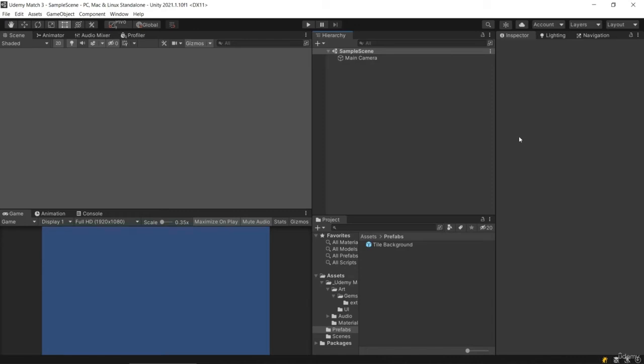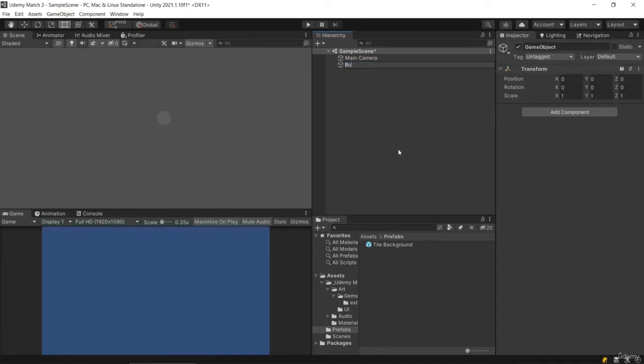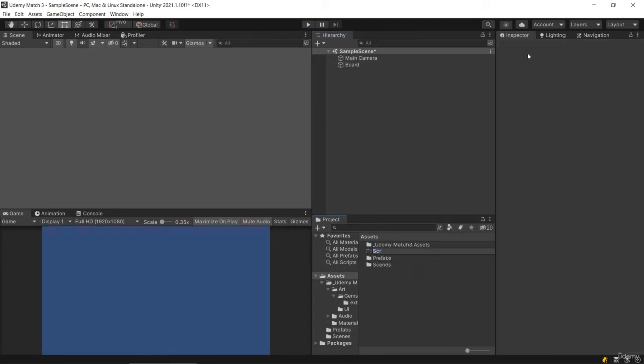Okay, so we want to start making our board. For this, I'm going to first go to my hierarchy and right click and create a board object. And then I'm going to go back to my assets and create a scripts folder. So create a folder that we'll call